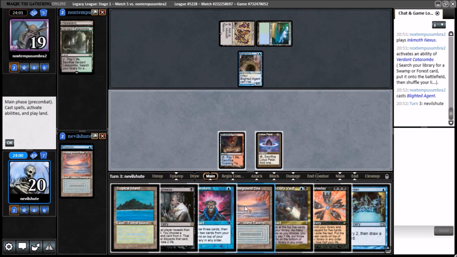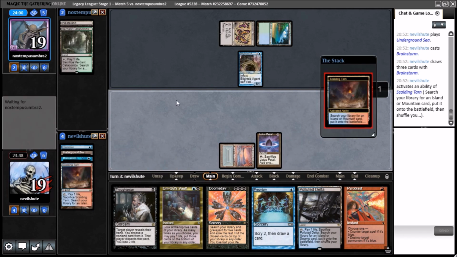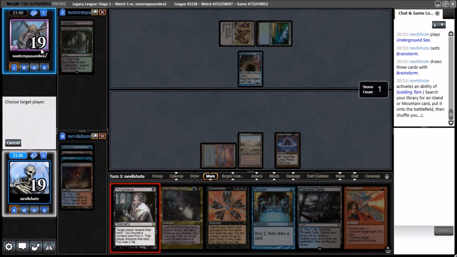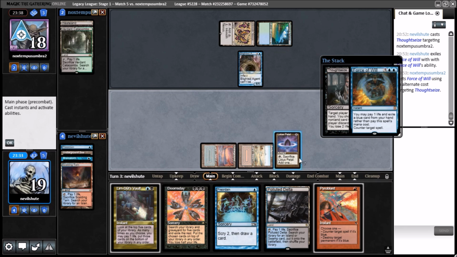Alright, so I think I'm gonna Brainstorm here. And then I'm going to likely Thoughtseize them. That was pretty good drawing the Pyroblast. So let's go like this. And let's get Badlands. And let's Thoughtseize. If they Daze, I'm going to pay, I think. Sacrificing the petal. I don't historically have a very good record versus Infect. This makes me think they have a kill, so I...